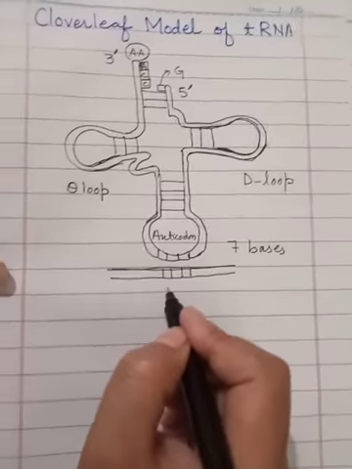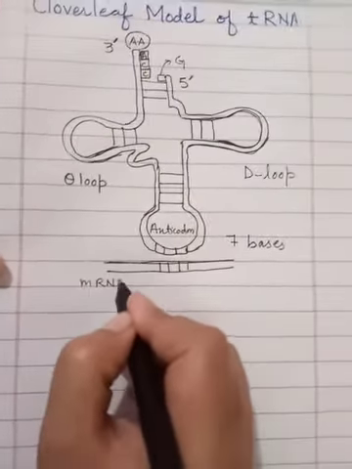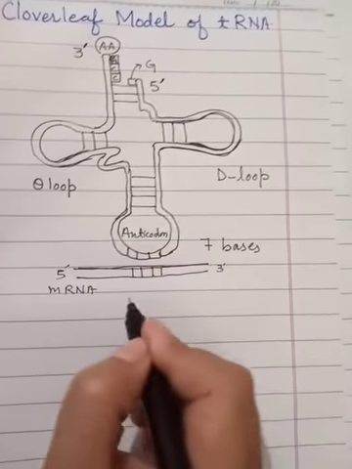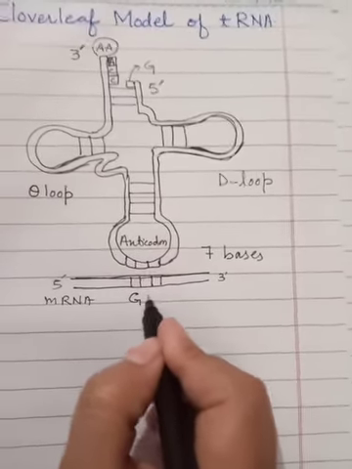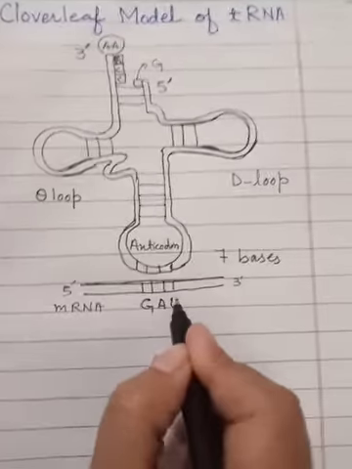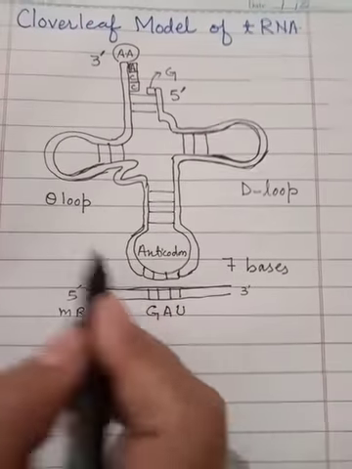Anticodon. For example, if on the messenger RNA strand, 5' and 3', it is having guanine, adenine and uracil,